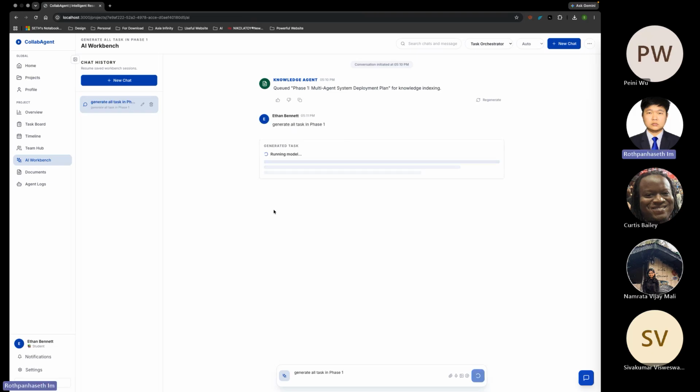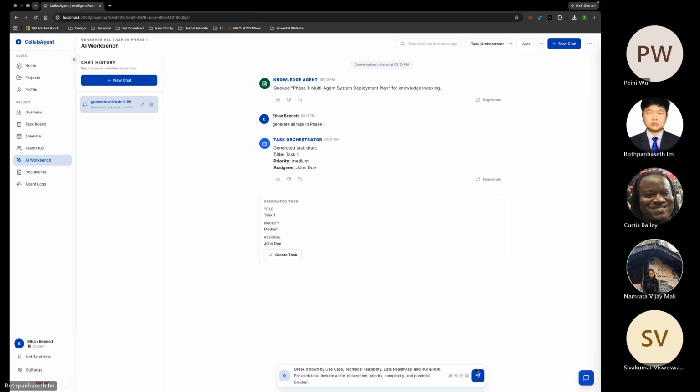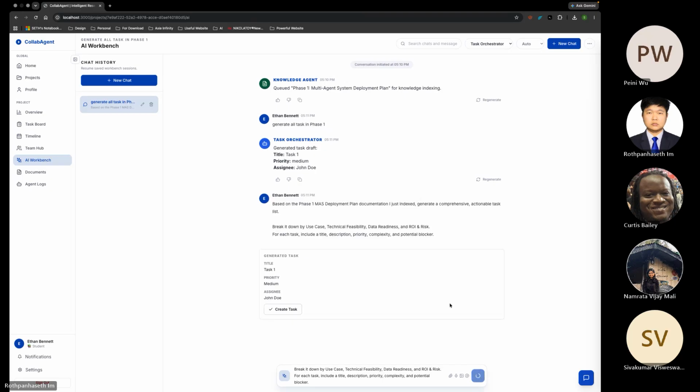So it will run the model to generate all the available tasks. Oh, it's not this one, sorry. So I can use another prompt to make another one. Let me try it again.